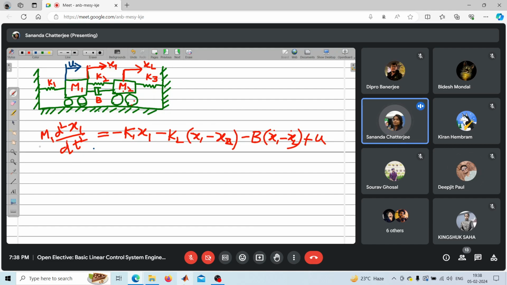Okay, let me simplify this equation. Then we will go for the next equation. Simplify means in the generic form, for your convenience, you can compare it with M1. This is M1 d2x1 dt2 plus b dx1 dt plus k1 plus k2